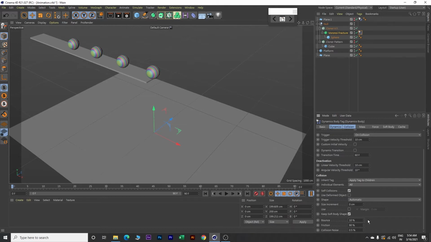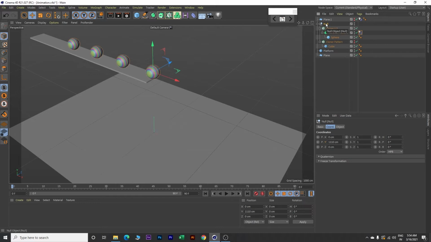Okay, this looks good. Now we will animate our null object. So click on this null and before animating we will increase the number of frames. So come here and type 300, enter and then expand this. Now make sure that you are on frame 0. Click on this null object and change this x value to -600